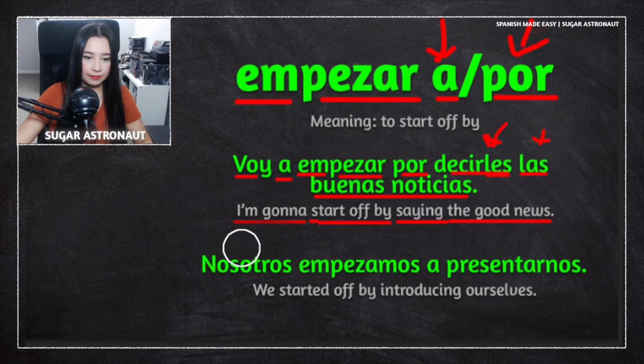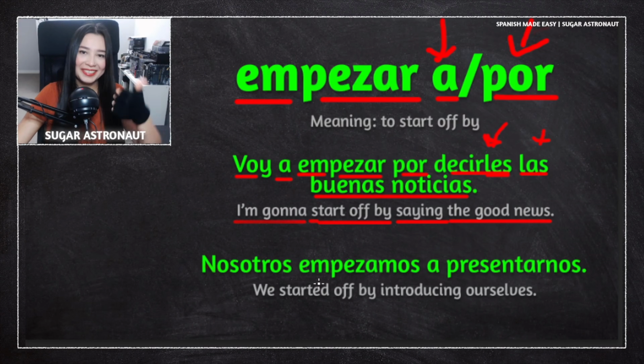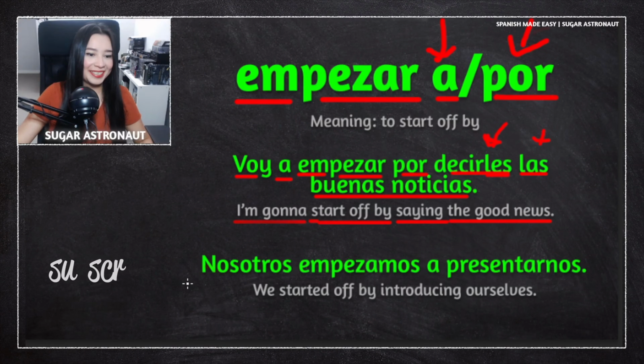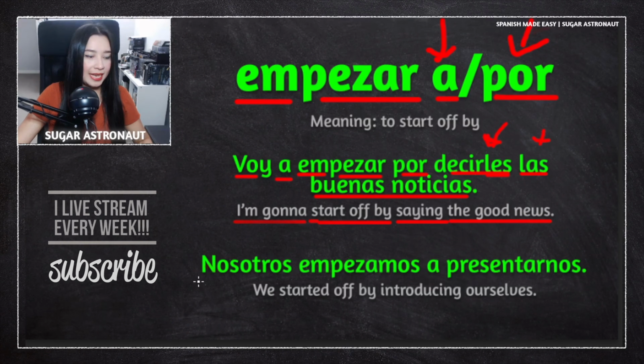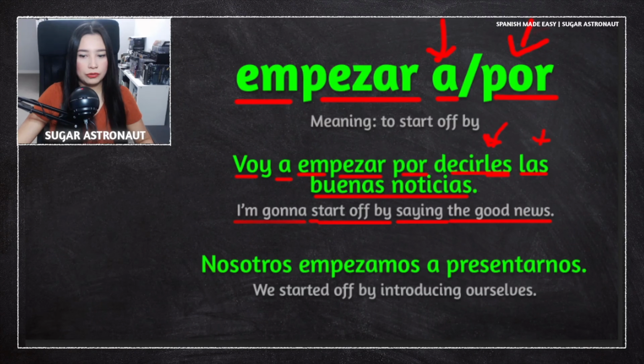Now, let's break this down. That's a great example. Empecé a escuchar bachata. Great example. Thanks for sharing. You're using the verb empezar correctly. Okay, nosotros. Nosotros means we. Okay? We. Empezamos, started off by, and remember, we need to include the a, the letter a, or a in English. Nosotros empezamos a, we started off by